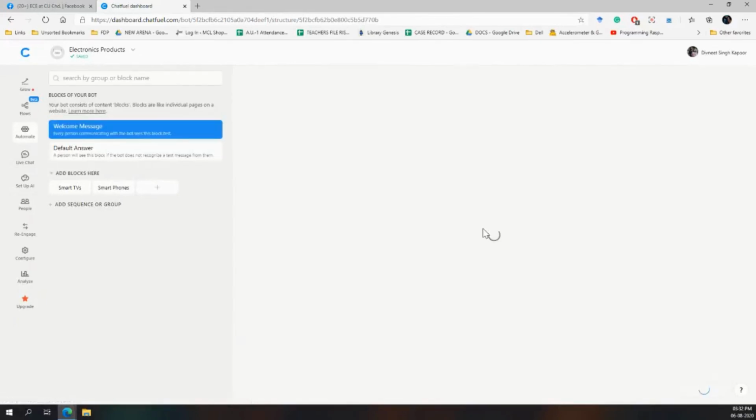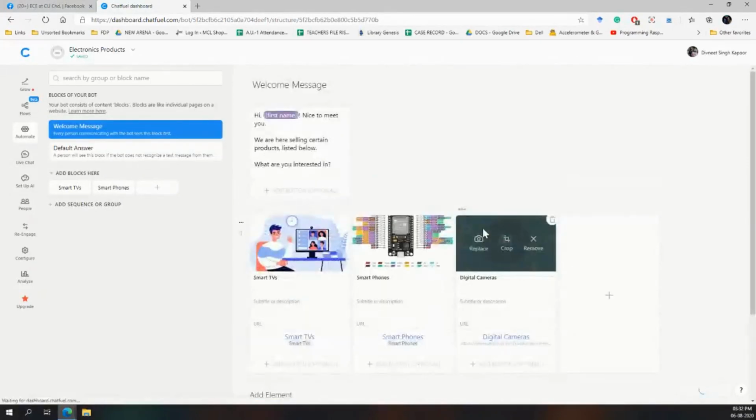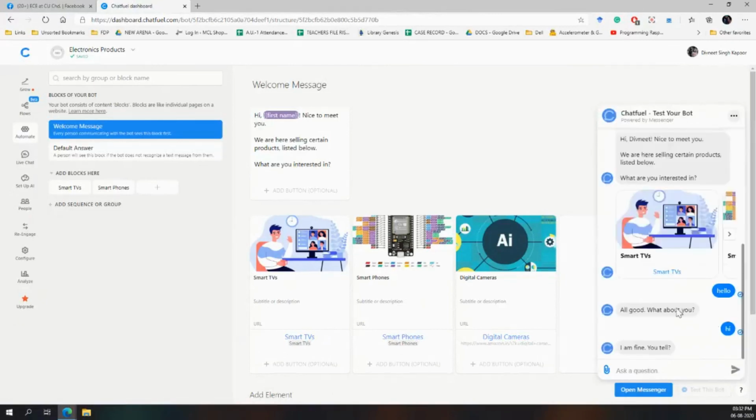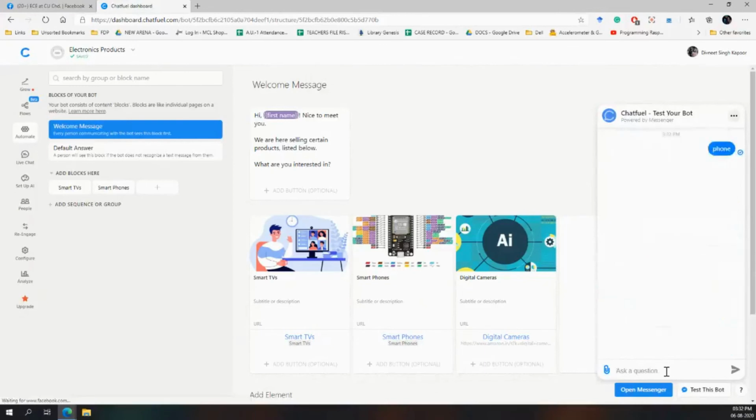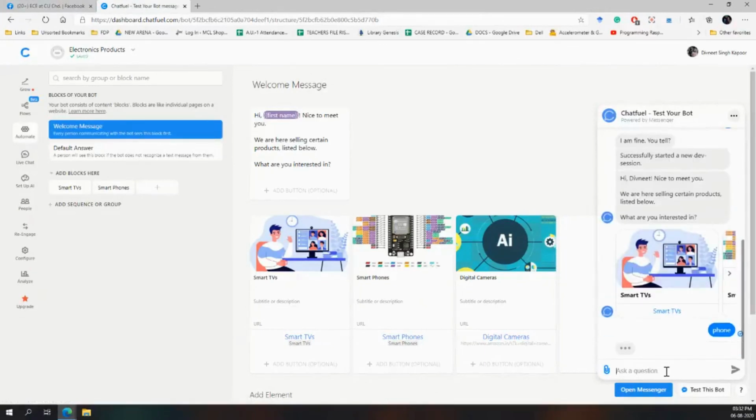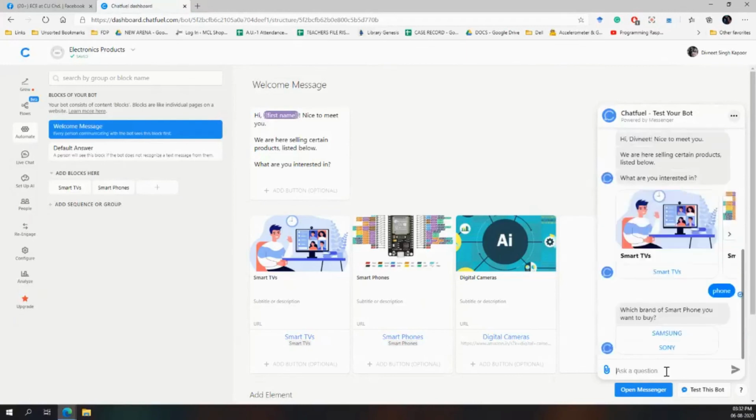Now since it is saved, let's get back to the testing of our bot. This is a totally internet-based service, so it might require a good internet speed at your place. Let's say I type over here phone, and it will pop up the smartphone block that we have made.